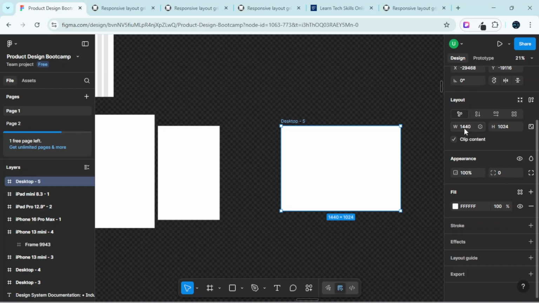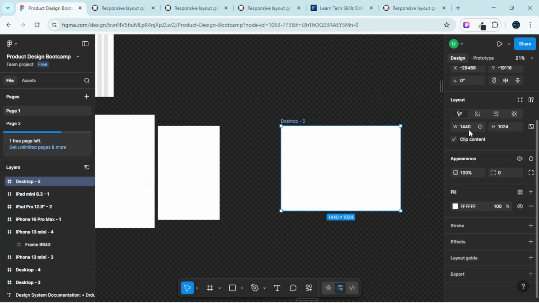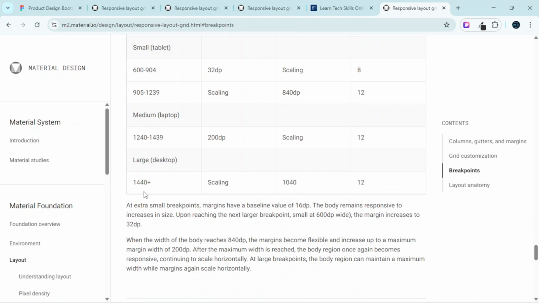Now in this case, the width of this layout is 1440 pixels. So you can go back to Material Design and check for the screen size or the width range that we have here to know where that particular device falls. Since the width is 1440 pixels, I'll come back here and you can see that that width size falls under this category, and over here it falls under the large or desktop category, letting us know that that is also